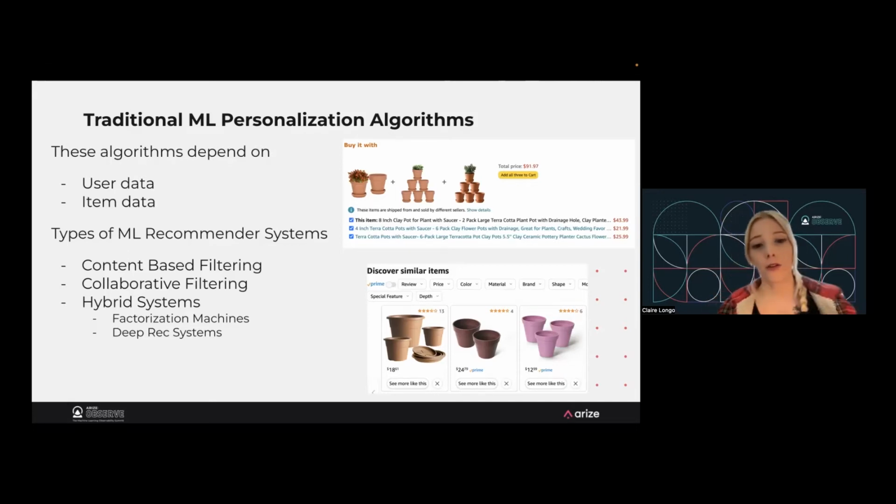But machine learning really benefits from a lot of data. And so when we can use all the data available to us, that's where we can get the most power out of our systems. So there's a couple algorithms that you can use for this. I personally like factorization machines. It's a linear model, so there are some limitations with it, but it's a good place to start. And then there's a lot of deep learning recommender systems that use both sources of data here and offer really elegant solutions.